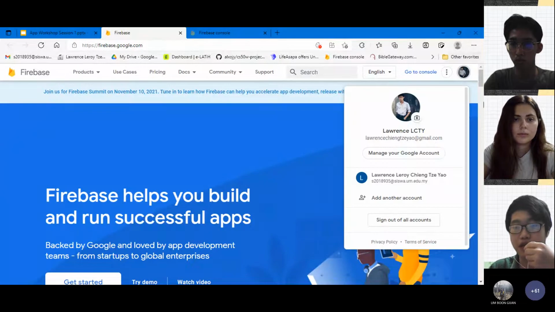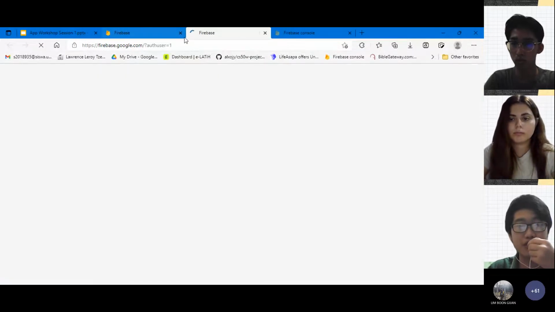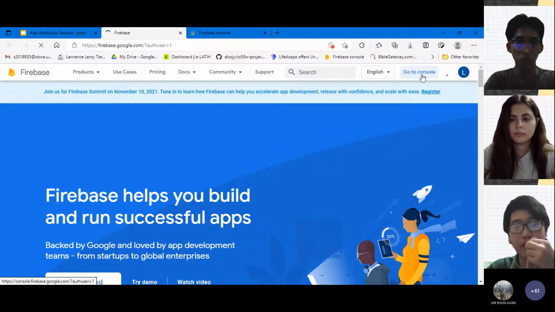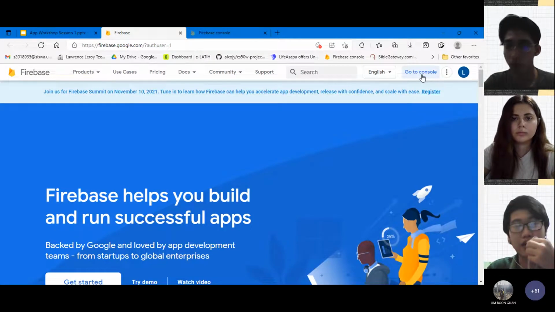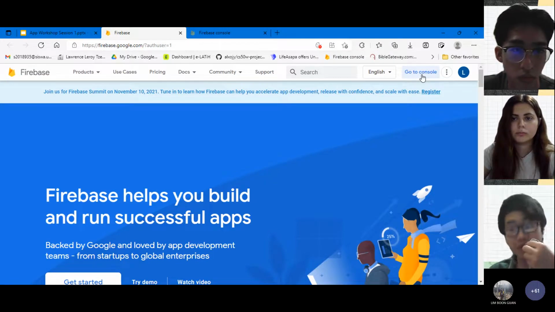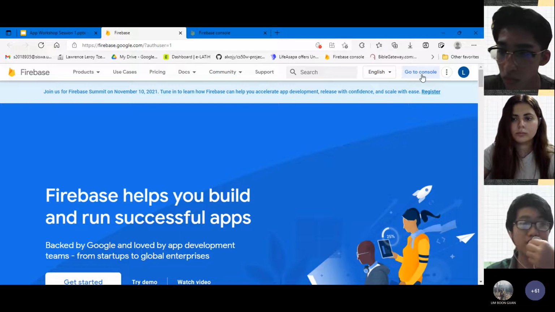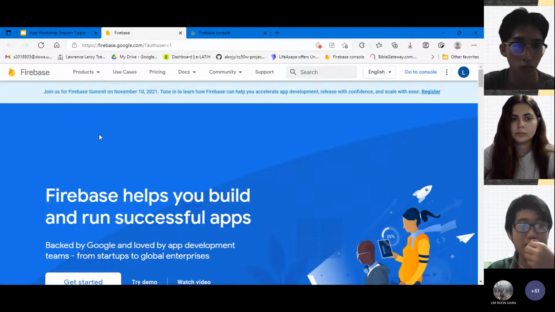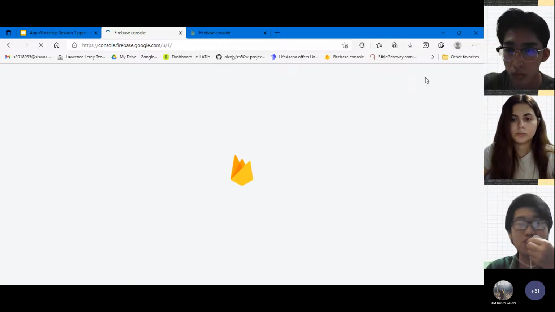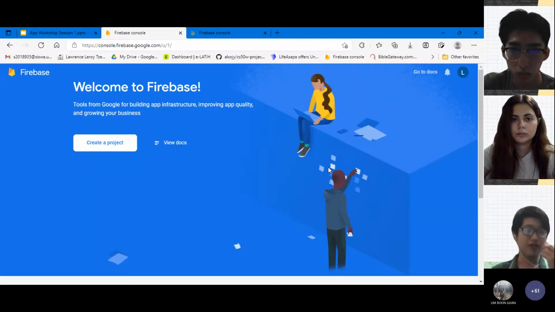So you can log into the account that you want. I prefer my Syswa account actually, but it's the same. And we will click on the go to console part. Okay, actually, from right now, I hope that everyone can follow step by step with me. So on your device, you can go to firebase.google.com, or just Google search Firebase, and pretty much the first search result will bring you to this website. Okay, then click on go to console. Okay, all following me?